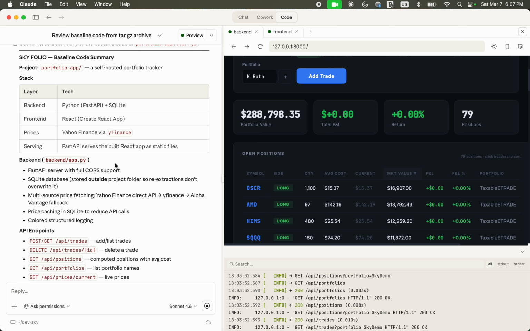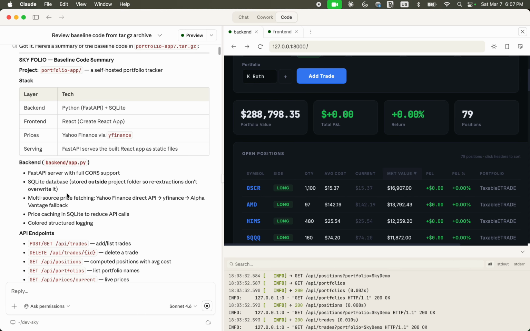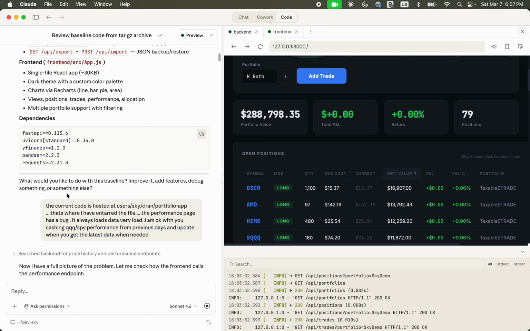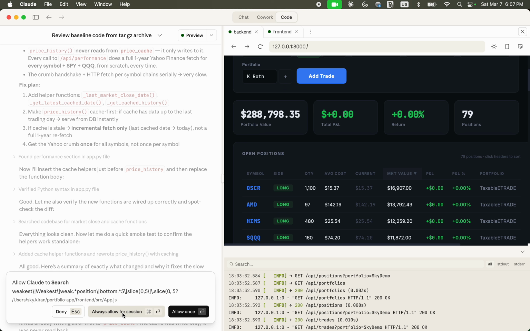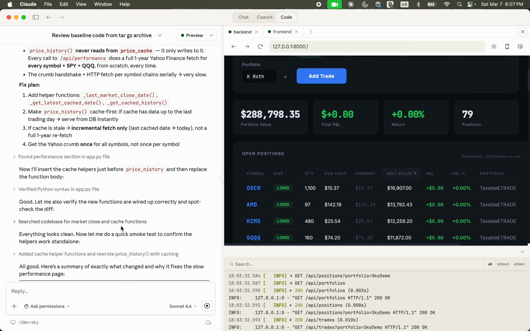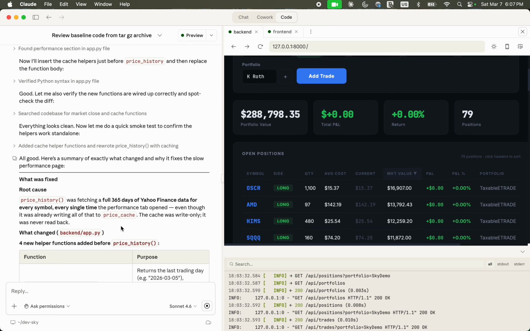So yeah, this is just a breakdown of how it was doing stuff. FastAPI, which is part of Python, serves the React app as static files. And yeah, SQLite database, as I was saying earlier, and it's creating all these things by itself. And I'm able to talk to it like how we create Jiras or how we create development work, right? So we are able to say, okay, create for me